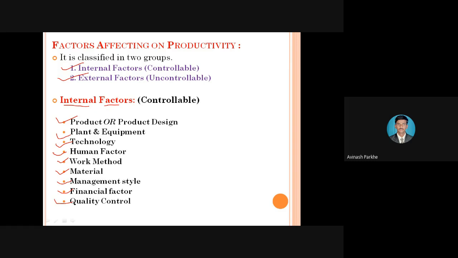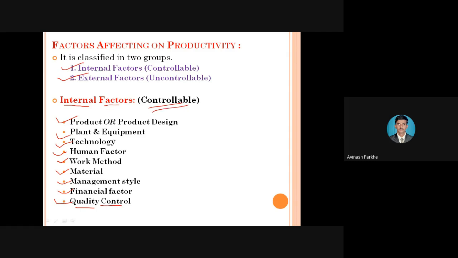Also, to maintain the quality, your equipment, your labor, or your type of materials also play a very important role. Labor is also one of the internal factors. Types of equipment, which type of equipment we have to use, also plays as an internal factor. Then material, which type of materials we have to use, is also one of the internal factors. If all these internal factors work in an effective manner, then and only then will the quality of the product be maintained. Therefore, quality control is also one of the internal factors which is controllable.